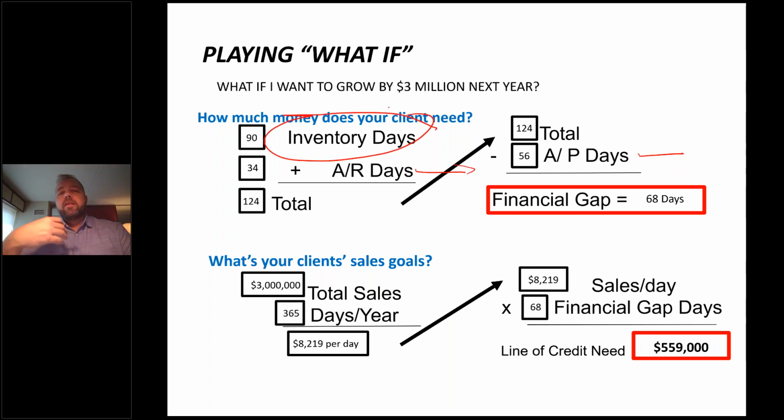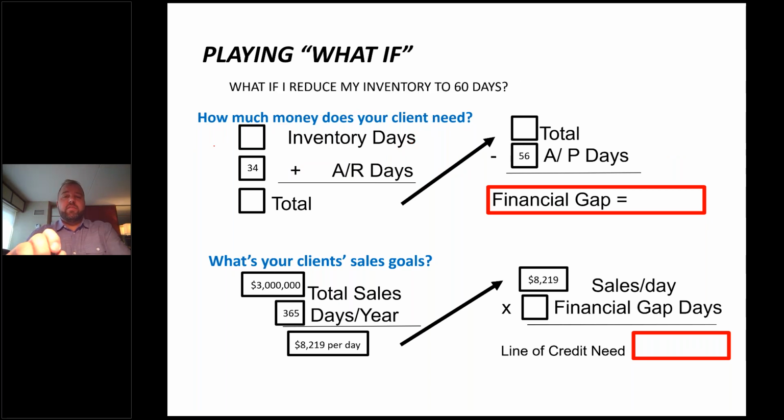And if you remember, the industry average is 66 days. So we can at least reduce inventory down. If we do that, he's actually going to have more cash, right? Because if we do it through attrition, as he sells it, just don't replace it. Keep the cash in the company. When you do that, you're actually putting your company in a better health position. So let's reduce inventory to 60 days, just for easy math.